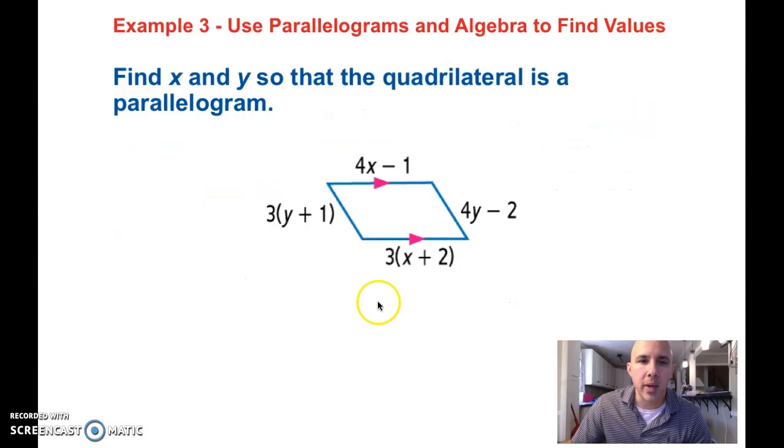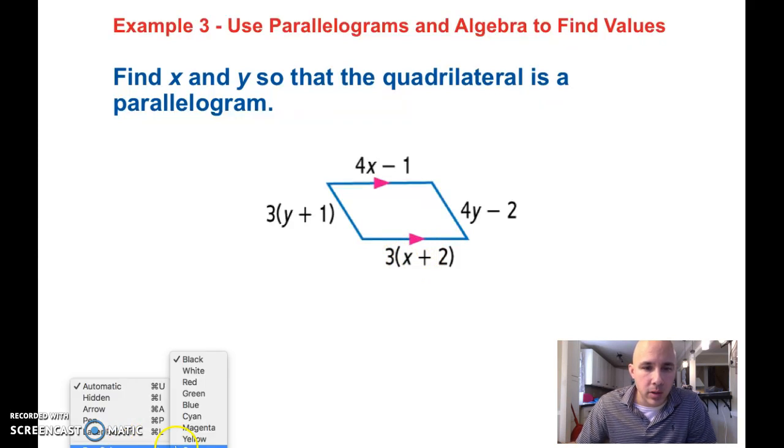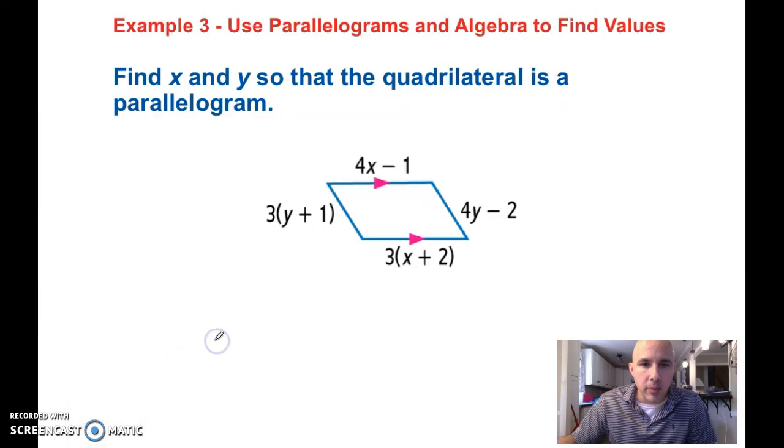This is example 3, benchmark number 26. We're going to use parallelograms and algebra to find values. So we want to find x and we want to find the y values, so that this quadrilateral is a parallelogram. So let's go ahead, let's start. So we know that this side and this side have to be equal. So let's go ahead,